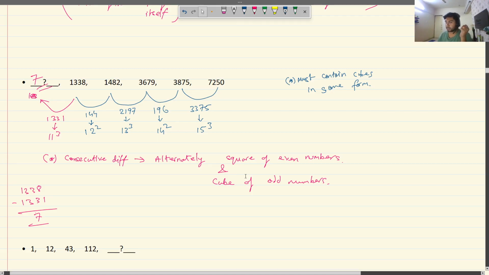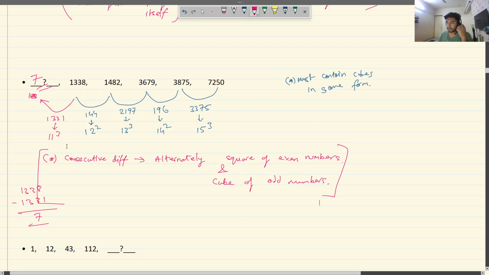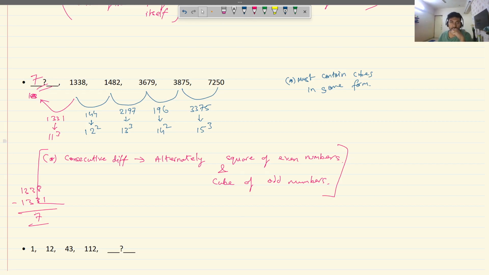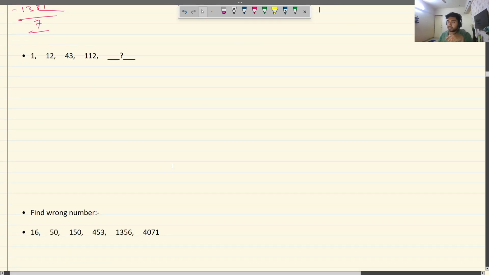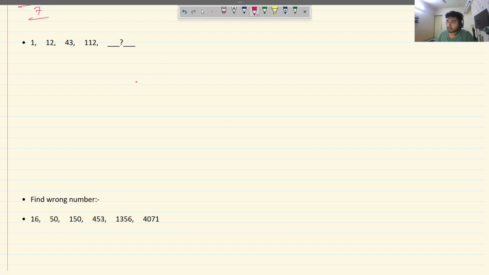Hope you understood this question, how the logic is working alternately between cubes and squares. Let's do the next question. I have to find this missing term. Let's do it. Just first,